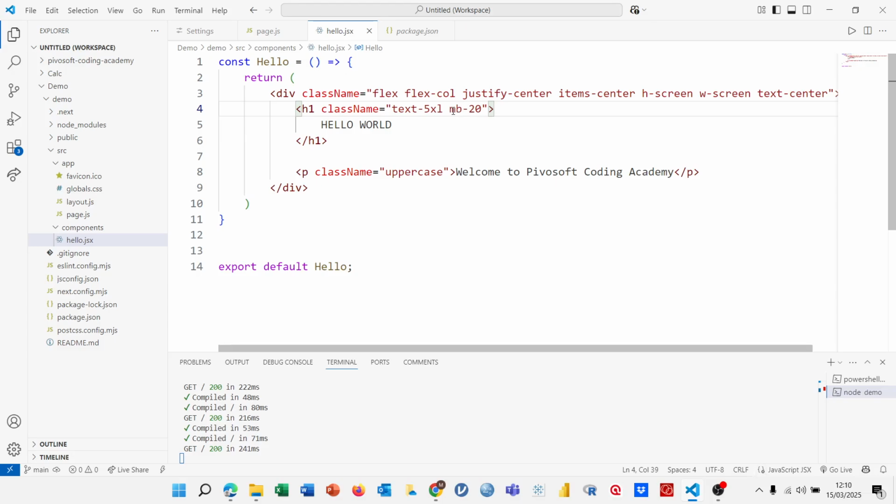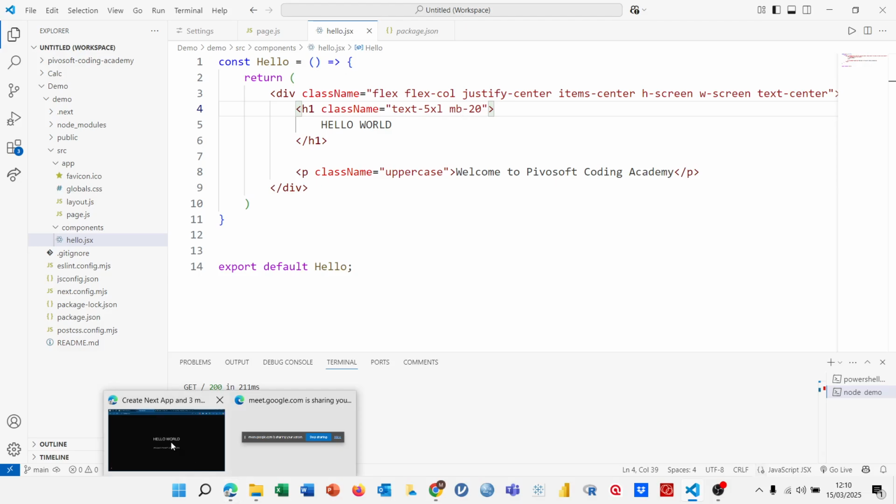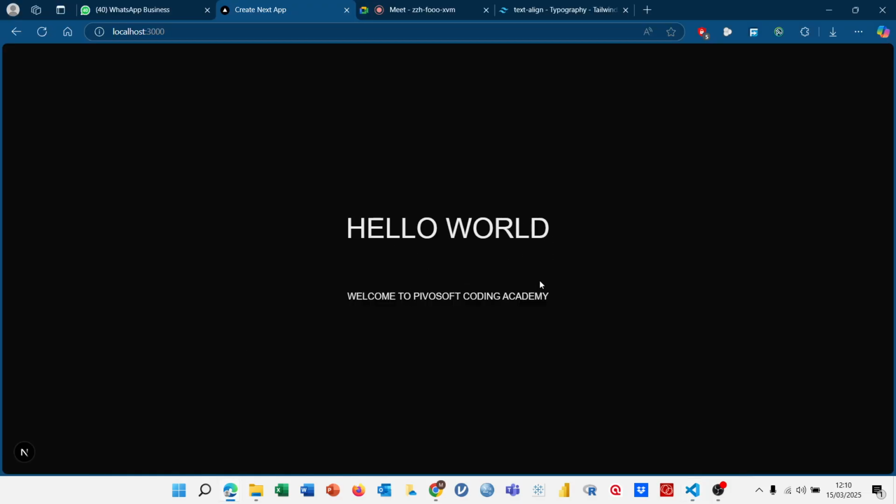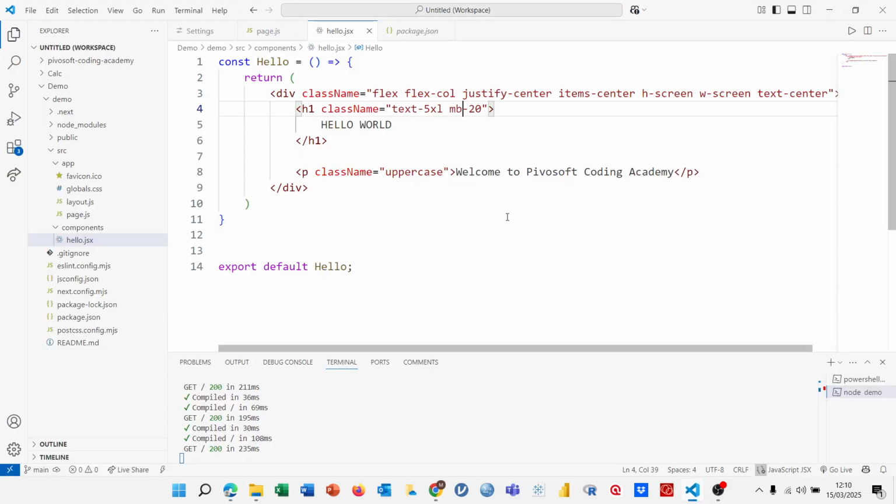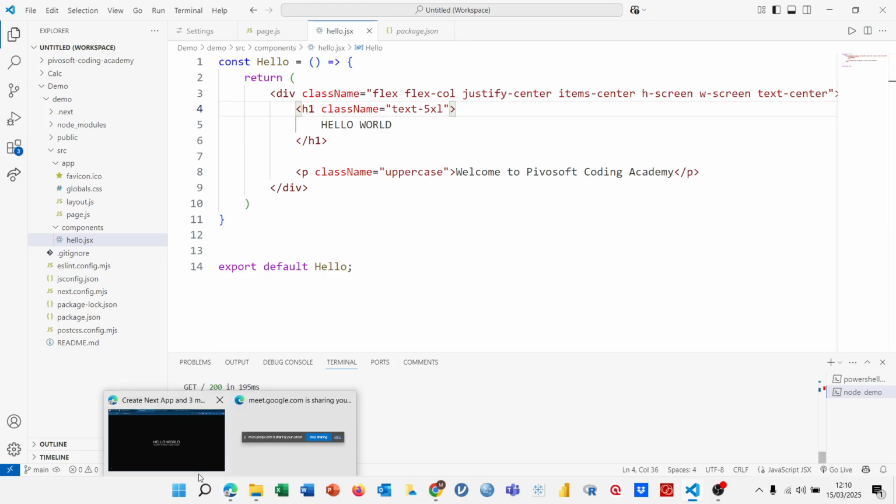But if you specify with a B, that's bottom, with a T, in case you want the top, then you set T. In case you want the left, then you use L. In case you want the right, R. That's how it works. So margin bottom 20, we're no longer using gap, we're now using margin. It should still have the same effects. If I'm to take out the margin bottom, then there will be no margin bottom. Everything will be stacked together,